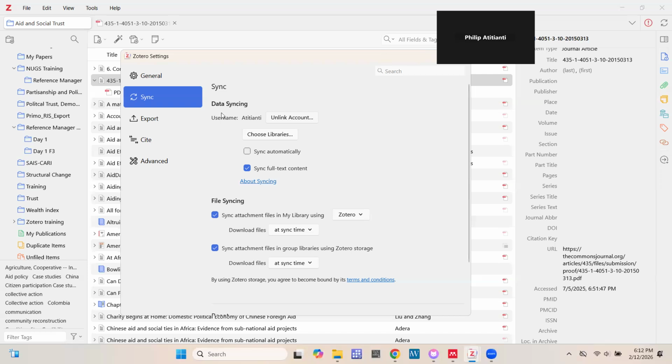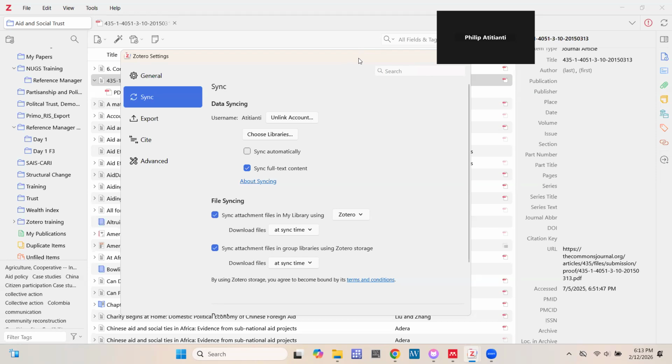Create an account, log in, and then you sync. Once you sync, anything I put here, I'll be able to access in any other computer that I log into my Zotero account on. I hope that is clear. All right, so putting that aside, I think that was quite direct. But if you didn't get it, you could still alert me, and I would try and go over it again.